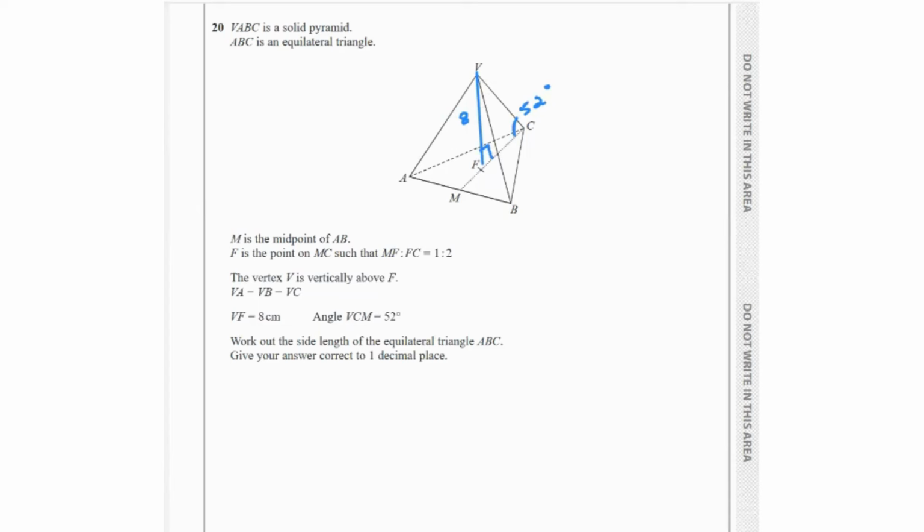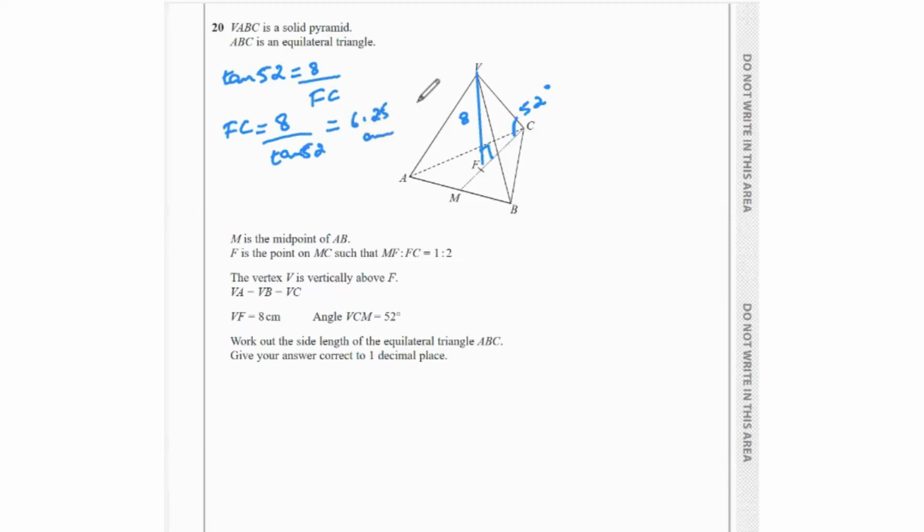So first, let's call that FC here. So tan of 52 equals 8 over FC. So FC equals 8 over tan of 52, which gives us a value of